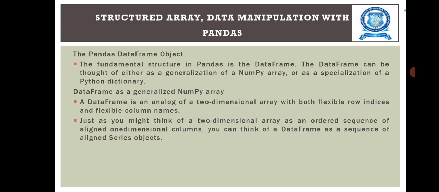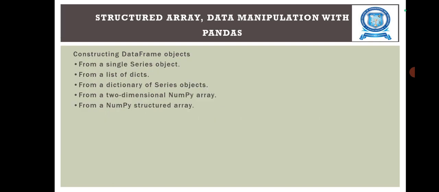Here also we have some ways of constructing DataFrame objects. First, from a single Series object, which represents a single-column DataFrame constructed from a single Series. Next, from a list of dictionaries, from a dictionary of Series objects, from a two-dimensional NumPy array, from a